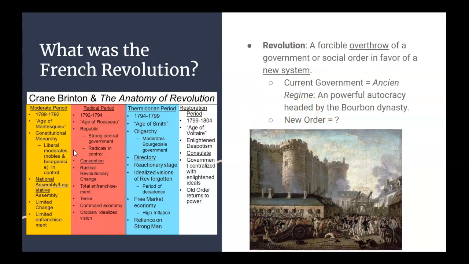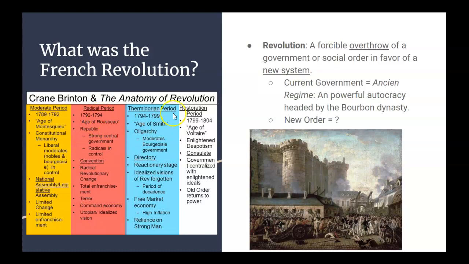The other thing of importance in this slide is to know that revolutions tend to, not always, but they tend to, go through 4 periods. They start moderate and they end with a restoration period if you're cynical, which I'll get into. So this is a theory of a historian named Crane Brinton from a book that he wrote called The Anatomy of a Revolution. And he looked at revolutions throughout history. And he said all revolutions, or the vast majority of revolutions, tend to go through these 4 periods.